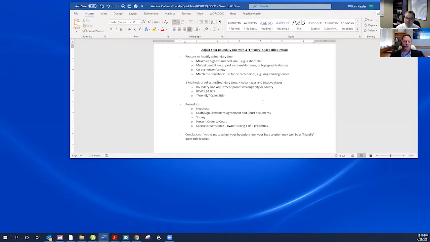So you've got the negotiation. You then draft up your settlement agreement. Not you, the lawyers. Draft the settlement agreement. Draft the court documents. The survey then lays out here's what the old legal descriptions are. We know that. The survey describes the encroachment.